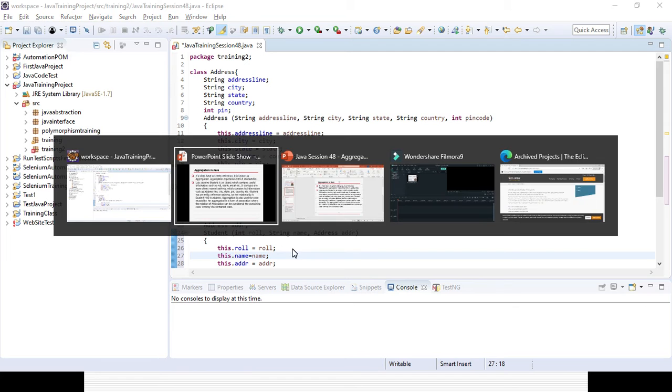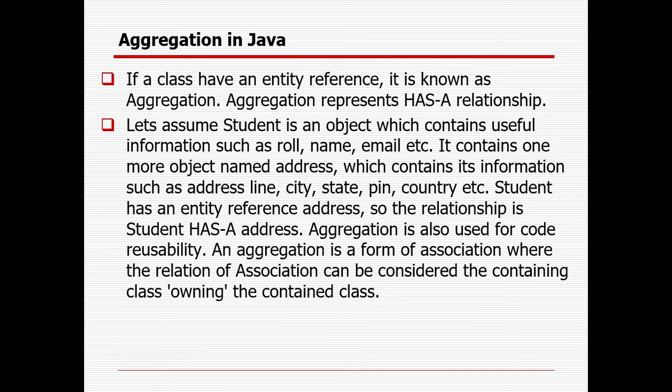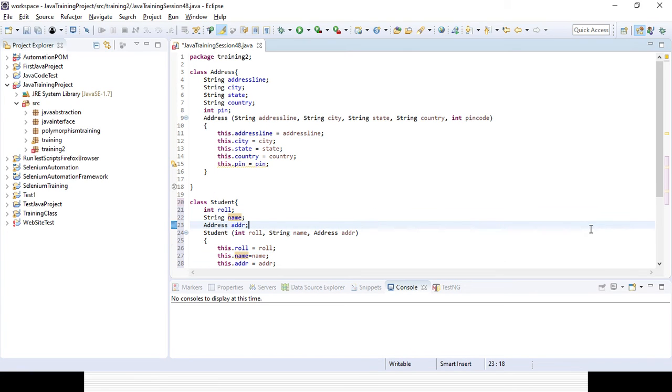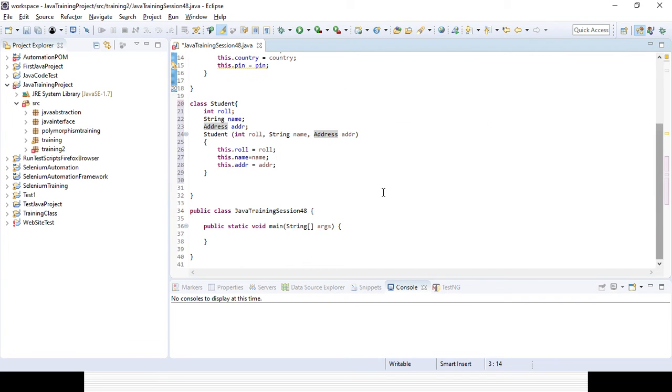Okay, so here I have already mentioned, right? So the relation is student has a address. Student has an entity reference address, so the relation will be student has a address. So that is called the aggregation. So now if I want to create an object or instance of the address class in the main method, right? So for that particular Java training package,